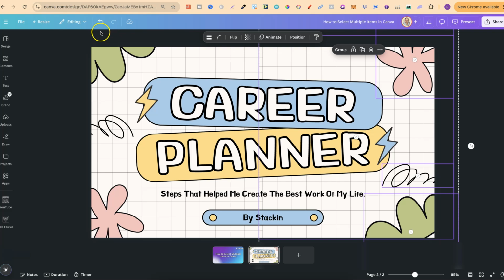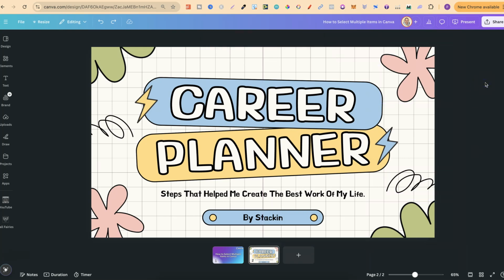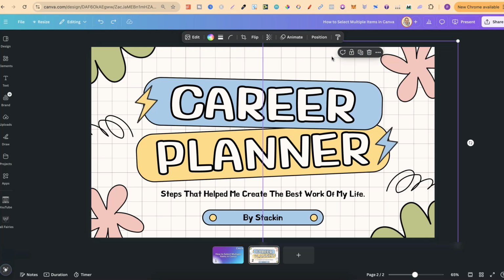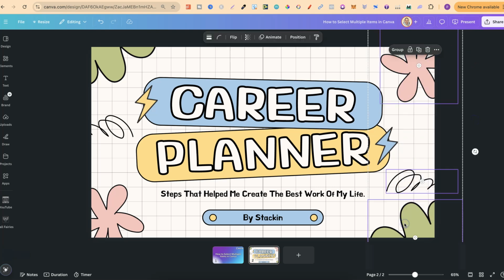Now, let's go back one like so, because if there's an element that you don't want to select, then you have to lock that element. So for this example, we want to lock this background. So we click onto the background or the element, click on this little lock icon, just like that, and now this background has been locked, which means if I now select these two like that, we're not selecting that background